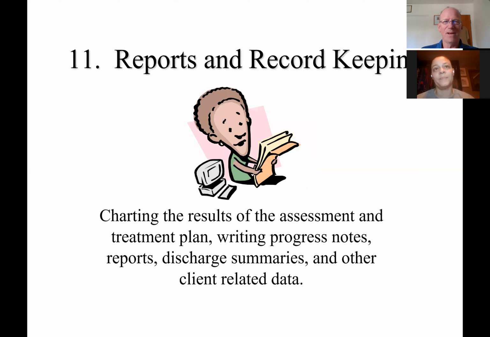Reports and record keeping. Oh, social workers just love writing reports and keeping records. It's the first thing they want to do, right? Liability. And you won't get paid if you don't. Christy, you've taken a course with me. Why does Conley want his assignments in on time? Because